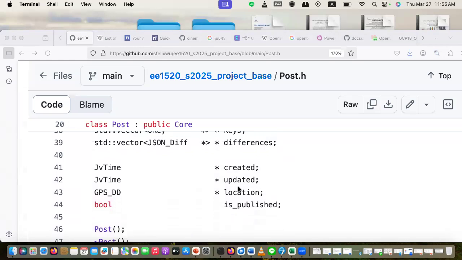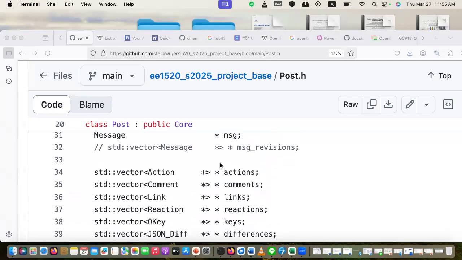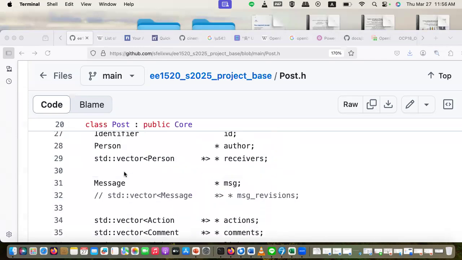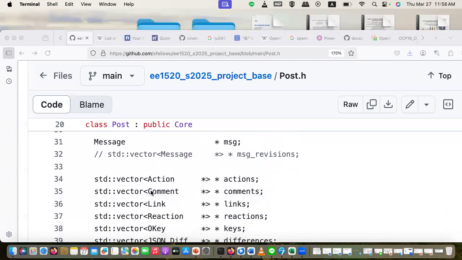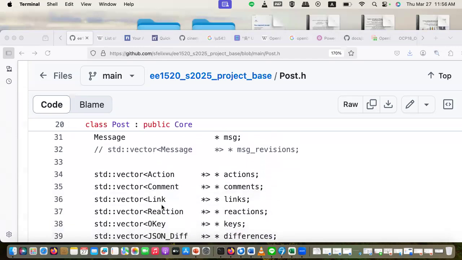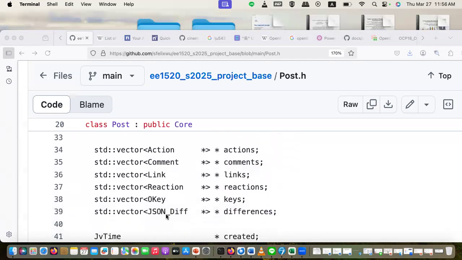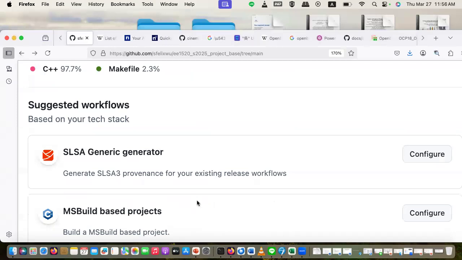So you can see a post includes lots of other objects, such as action, or a message object, person object, comment, link, reaction, the JSON difference. Those are all being modeled as C++ classes. So essentially, I'm translating a very complicated JSON into a bunch of C++ objects. And these objects put together over here is essentially a